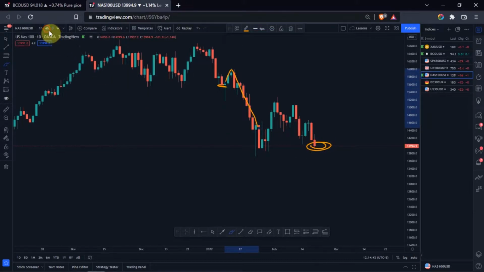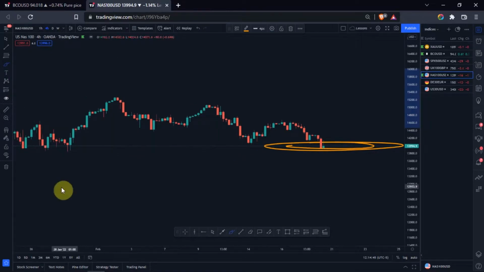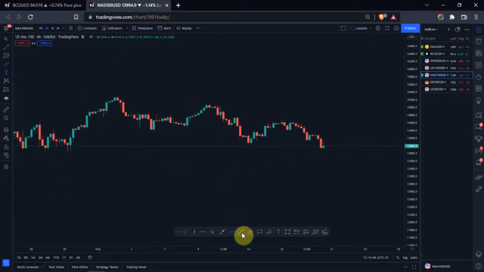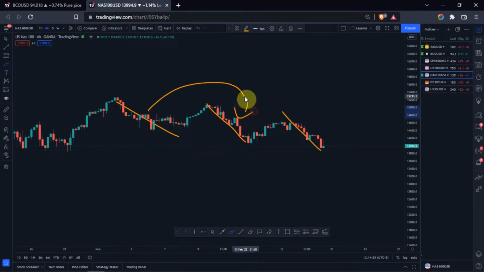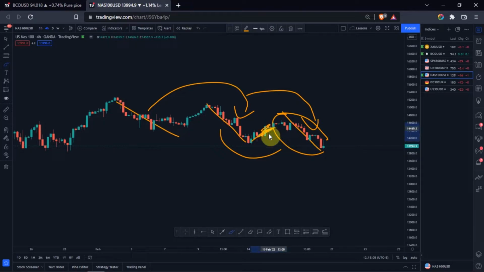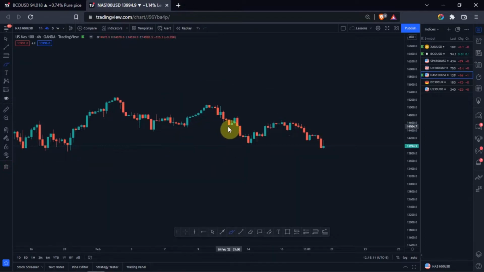And also, let me just go to the 4 hour to emphasize something. Looking at the size of the waves, right? I always talk about this a lot. Looking at the size of these waves which are going down, you can see that they are almost equal sizes, and this wave here is now almost the size of the previous one, meaning we can possibly receive some kind of a corrective, right? Because that's how the market has been pushing. Those small impulsives have been pushing to this average size, right? So we are likely to receive some kind of a corrective,